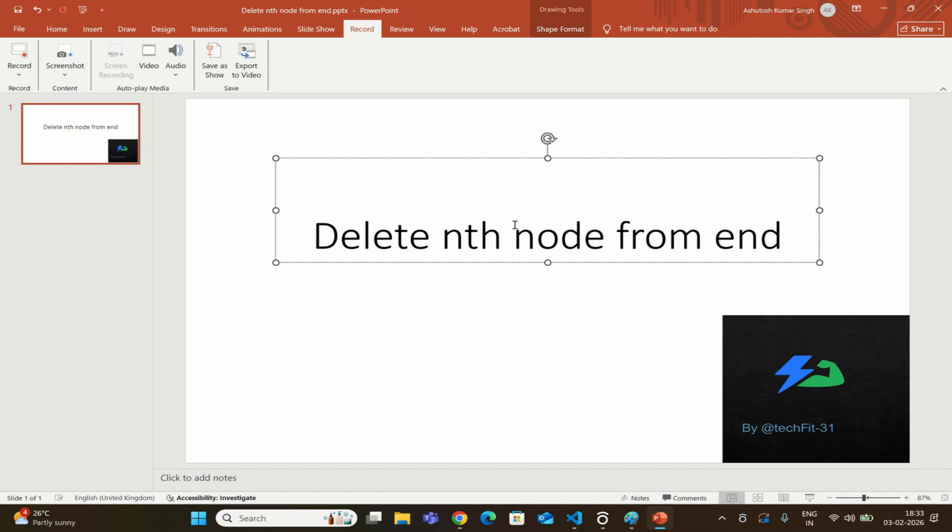Today we will be discussing how to delete the nth node from the end. So the requirement is that an interviewer asks to check your logic, how you implement, how you delete the nth node from the end. So what he means is that suppose you have